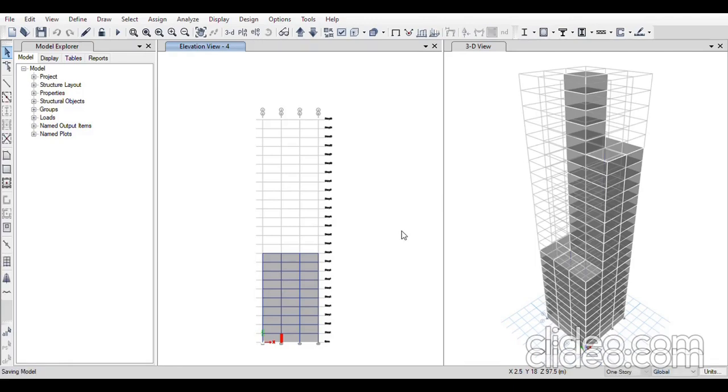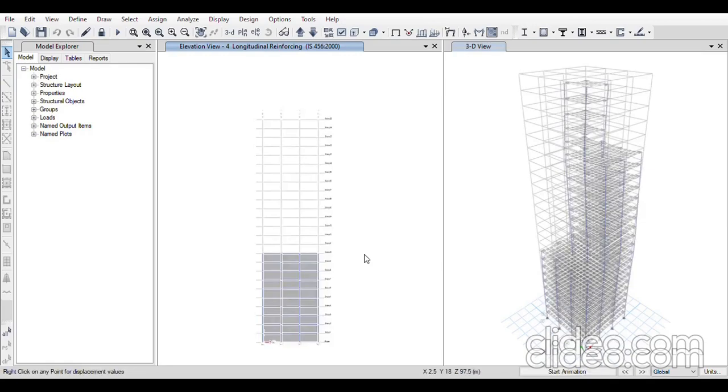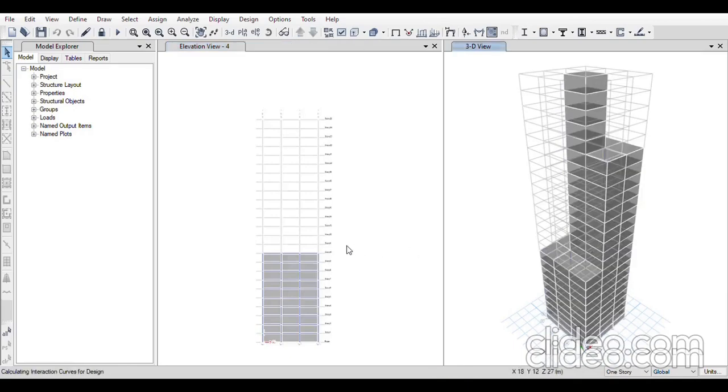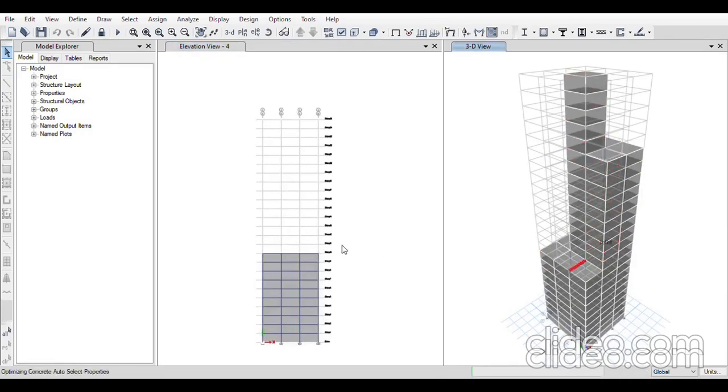So I will click on yes so that it will be reanalyzed and redesigned. Only 10 frames have been different. I'll click on yes.